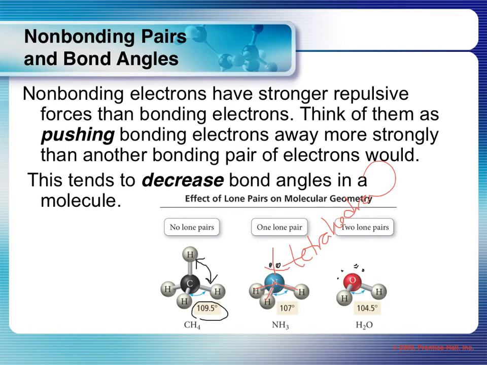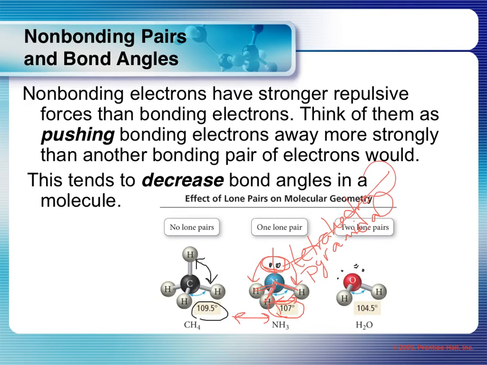But since one of the domains is a lone pair, the actual molecular geometry is trigonal pyramidal, or pyramidal. Now the bond angles are a little bit tighter than the 109.5. Why is that? That's because a lone pair of electrons has a stronger repelling force. Think of them as pushing down on the bonding electrons, and they squeeze in this angle so it's a little